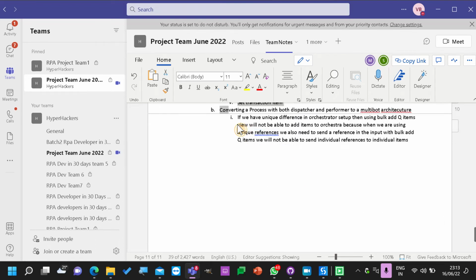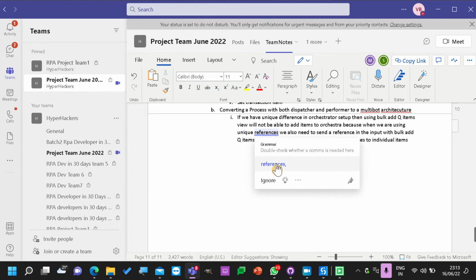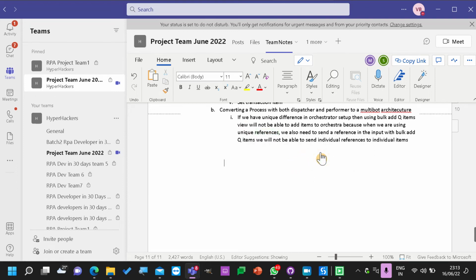Here one doubt. If there are multiple fields in the Excel file, we can add a unique value for the reference only, right? While loading the cases. Sorry, I didn't get you. We are loading the cases in the queue, right? At that time there are multiple columns. Only a unique column reference we need to use there. Yes, to get the correct answer, you need to use a unique column reference.